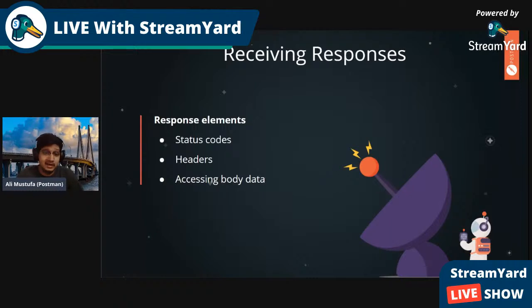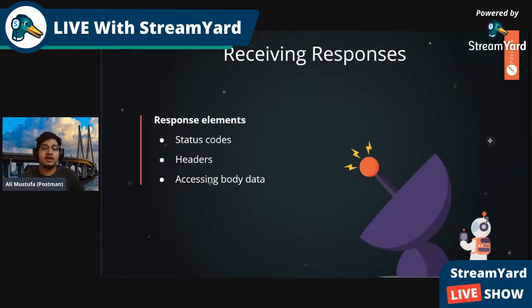Anything between 200 and 300 means that your request was good, it was successful, or it is processing. It is like your pass. But anything from 400 to 500 means you're not in a good state. Either you did a bad request, or an unauthorized request, or the resource was not found. You don't need to remember all this. That's why we are using Postman, right? Postman will tell you the status code, but it is better to understand and learn them because it gives you a really good idea.